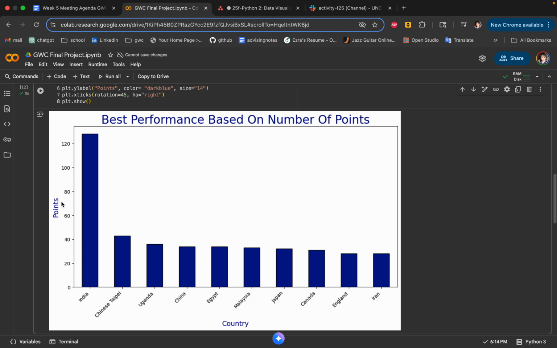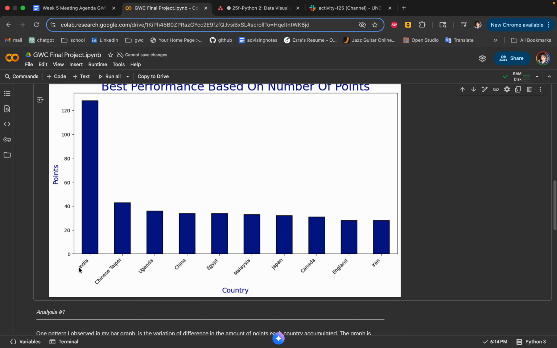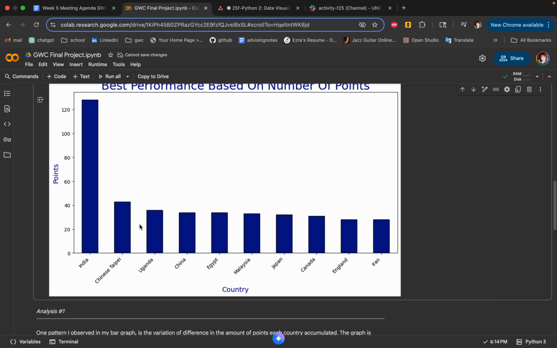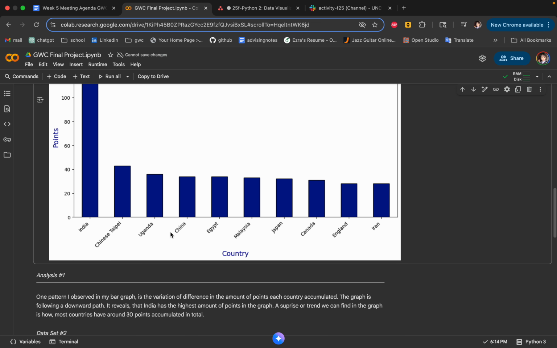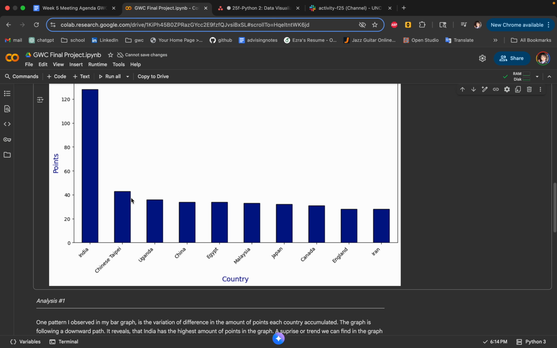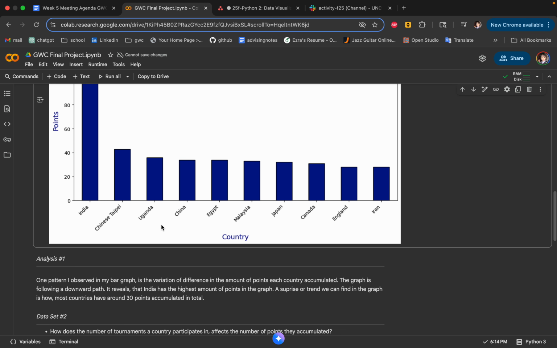We have our y-axis labeled, our x-axis right here, and then we have the tick marks angled at 45 degrees so that they do not overlap with each other, and then their right side is going to be lined up with that tick mark. So what we can see here is that India kind of by far has the most points. And looking at this analysis, we see one pattern that was observed in the bar graph is the variation